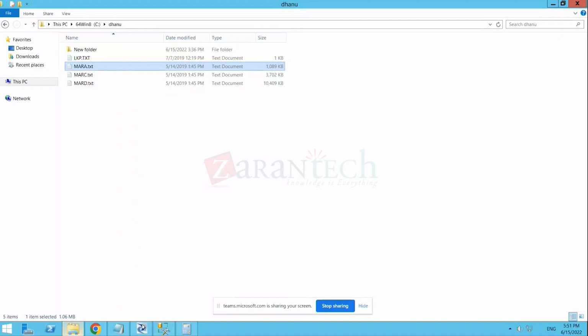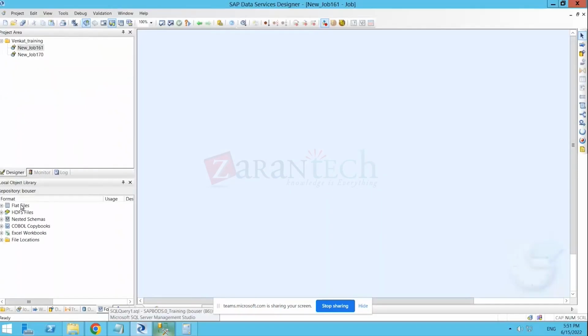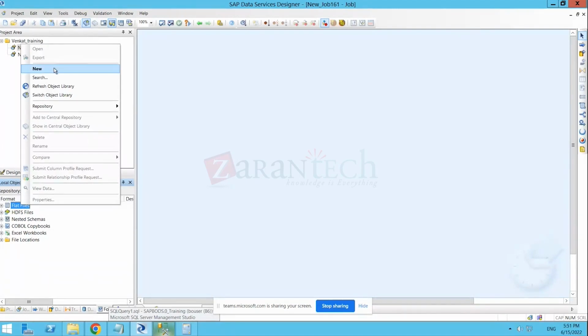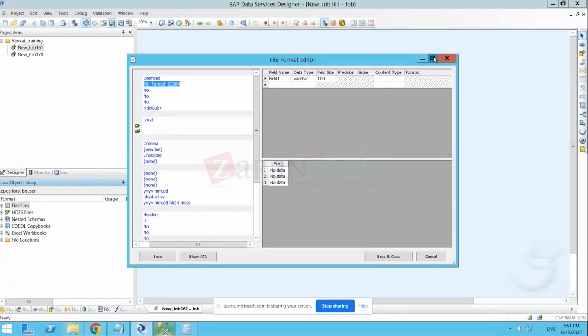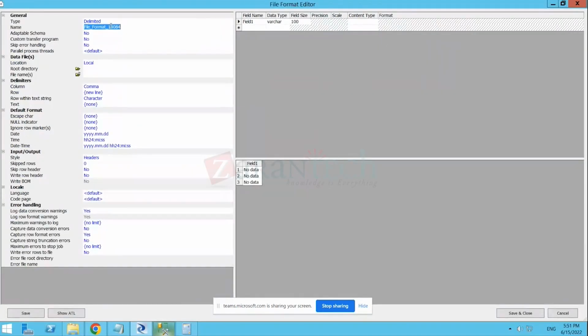Okay. So for now, I should go to these flat files and do a right click. I need to take one new file, so I need to click on New. Need to maximize this. And this is the name of the file which I want to create, like Mara. So for our identification, I'm just giving Mara